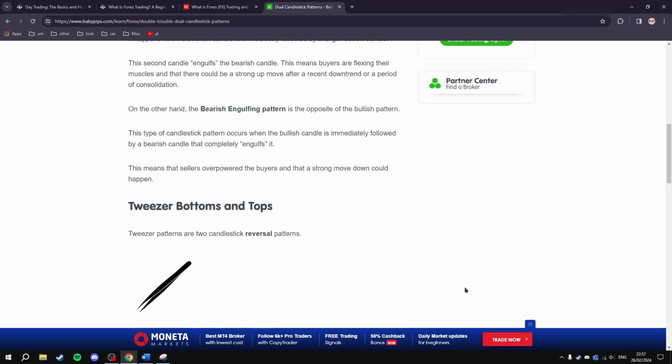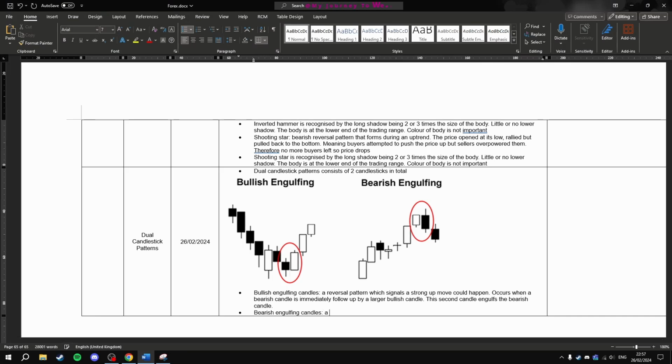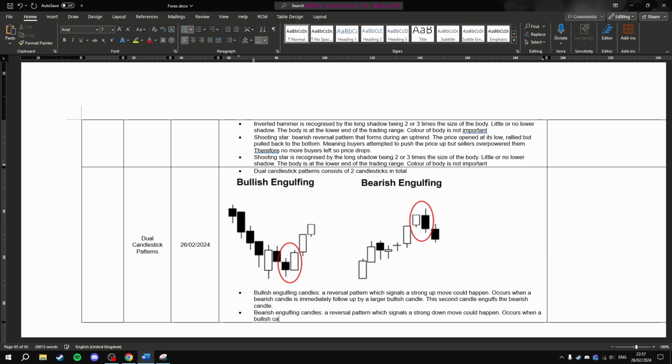On the other hand, the bearish engulfing pattern is the opposite of the bullish pattern. So, a reversal pattern which signals a strong down move could happen. It occurs when a bullish candle is immediately followed up